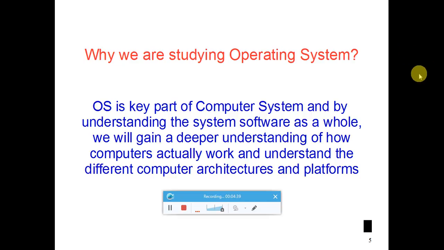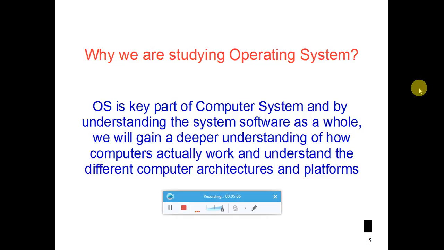We can see the drastic change. We also know how many changes in Windows have taken place, from Windows 90 to 95 to XP to Windows 7, and now we even have Windows 10. Because of these changes, we need to be aware of what is actually going on inside the computer system when we are working on it. That's why for every computer related student it is very important to study this subject.